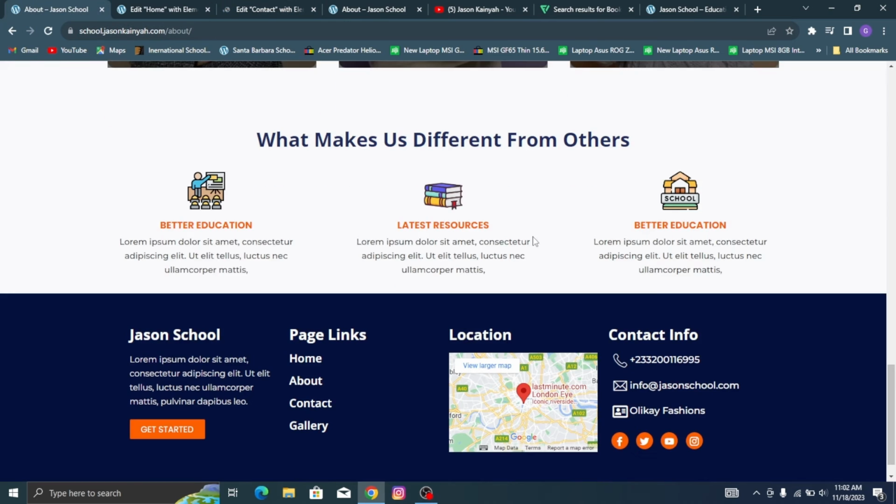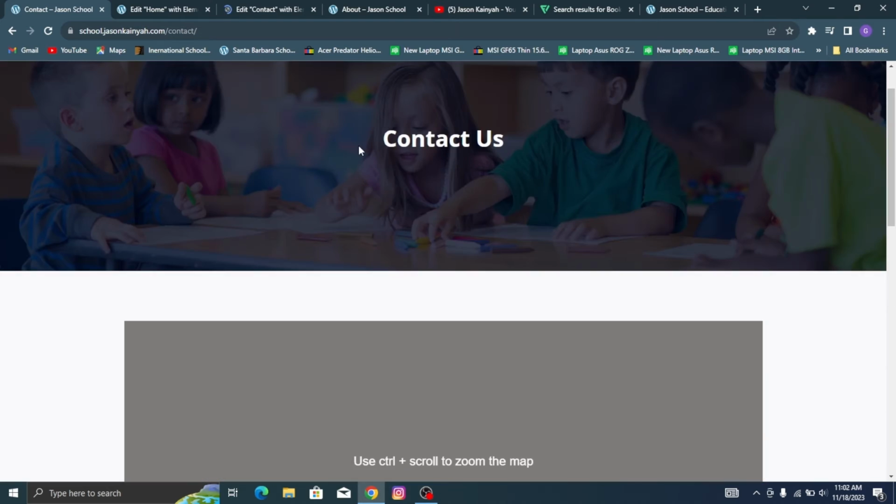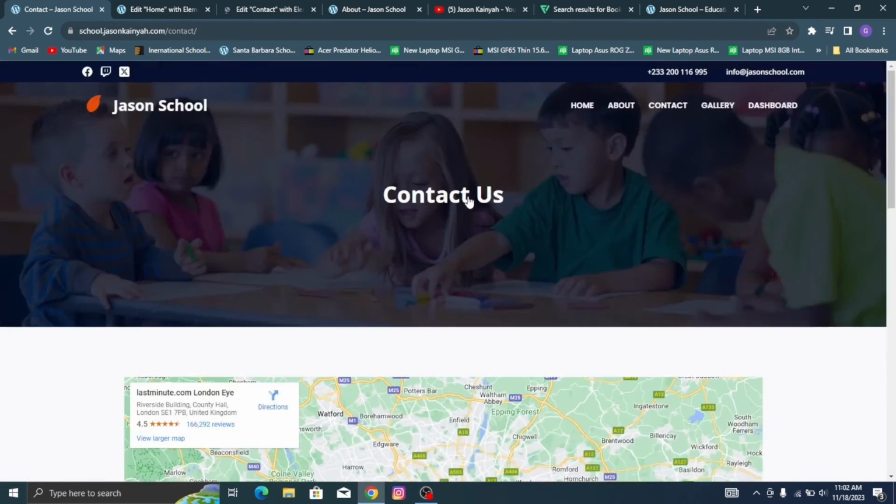Now let's go and check out how the contact page that we want to build looks like. So if I click on contact right now, this is the contact page. This is what it looks like. So there's this blog, there's a map, then there's our contact form. So we have to build these, right? So to build them, go back here,